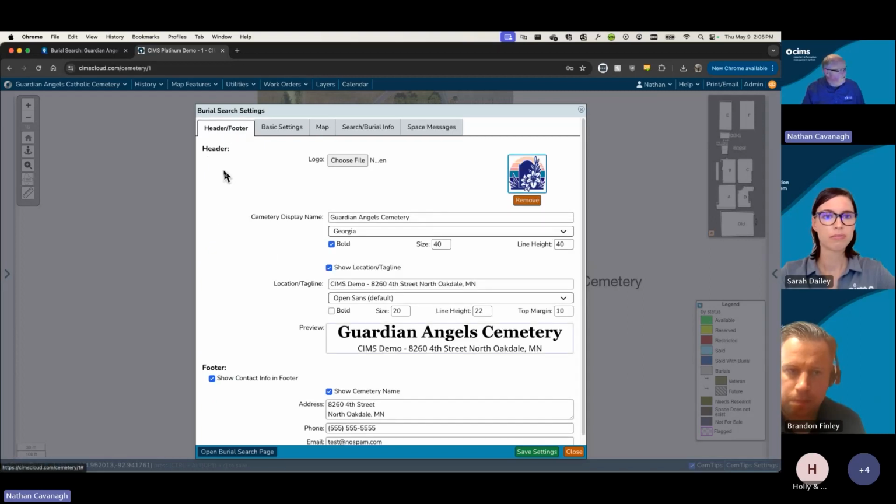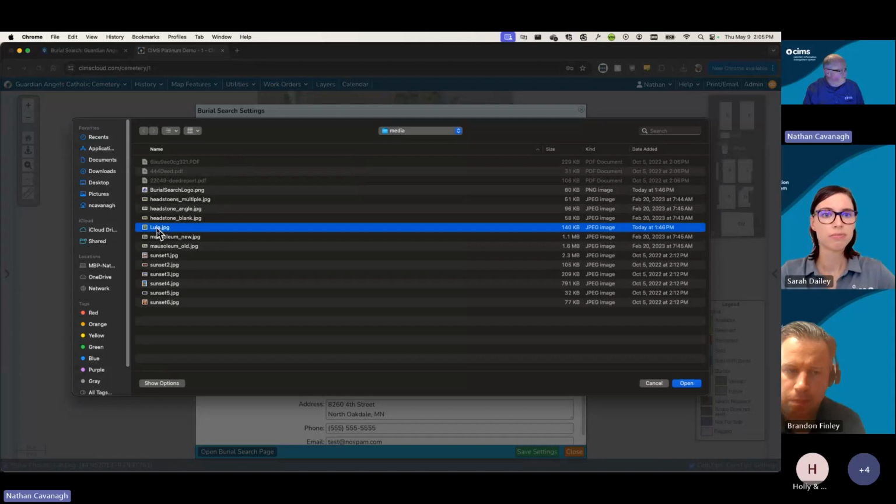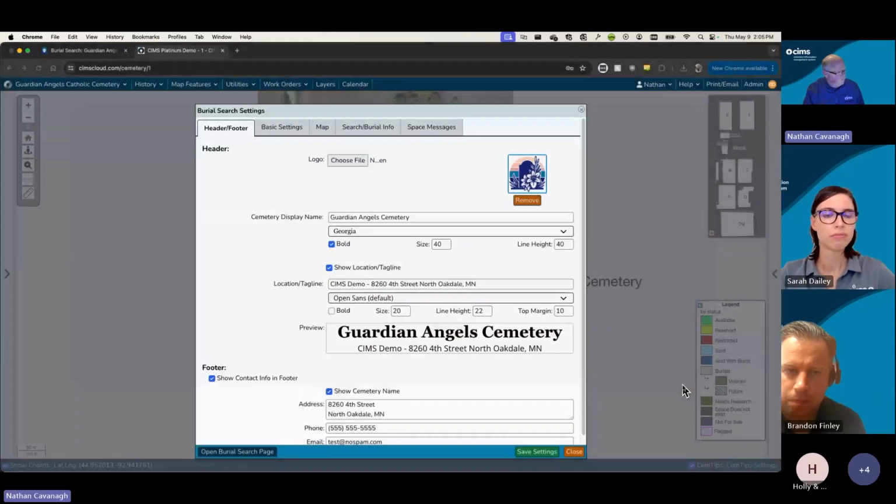So under the header and footer tab, this is where you can control things such as your logo. We can find a new logo. We can get a nice friendly logo and open that up there. And now we've got my dog Lula now as the logo for the cemetery. We can change the name. Instead of Guardian Angels, we can call it